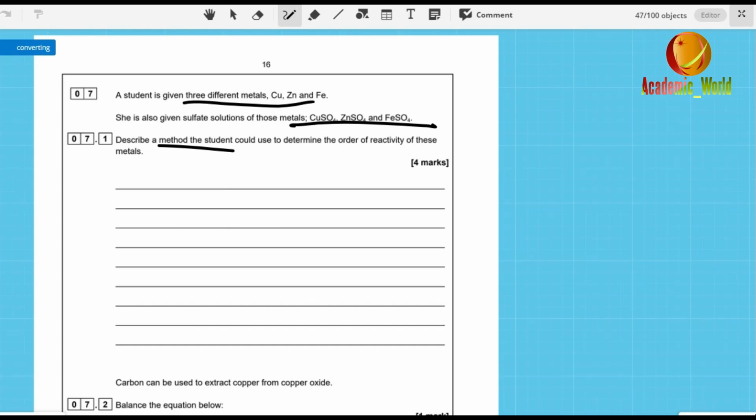And the third point, you can write here that you compare the reactions to establish the order of reactivity, like which reaction is fast and which reaction is slow. And the next point, the last one, because it is a 4 marks question, you have to write that no reaction implies lower reactivity compared to the metals involved in the displacement reaction, because you know that when any metal